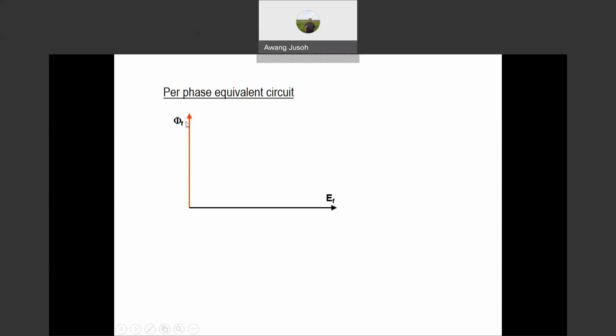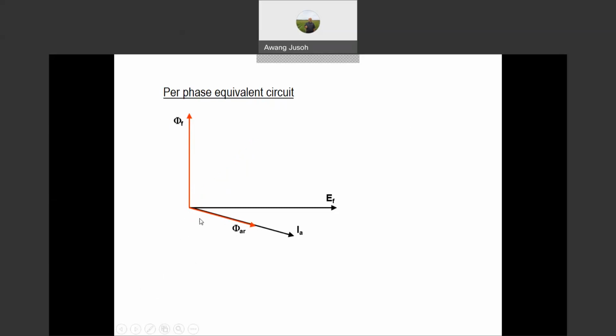So the red color represents flux F from IF, and this EF is generated by this flux, the first one. And this is the armature current. When we got EF, we got IF drawn in the stator circuit. We know that IA generates flux ER, and flux ER will generate EAR, which is the voltage in the stator part, which is lagging. This is EAR. EAR with flux is lagging. E lags flux by 90 degrees, like that.